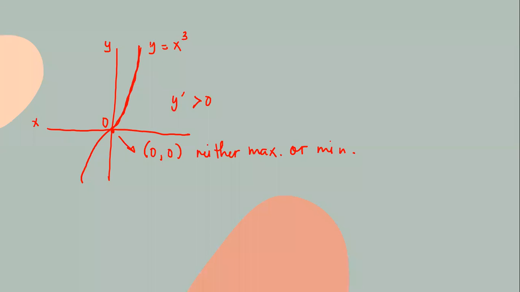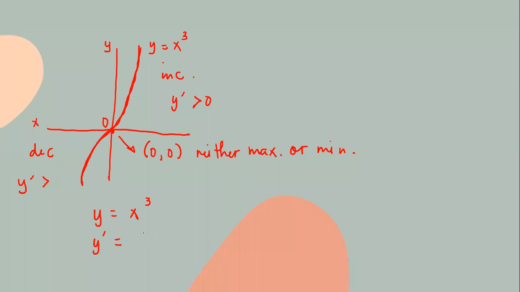Para sabihin natin that y is equal to x cubed. Therefore, this one is increasing nga. Kung eto, from this point, tas pababa, therefore, that is decreasing. Where y prime is greater than 0. Okay. Kung ang y natin ay equal to x cubed, okay, in getting for the derivative,